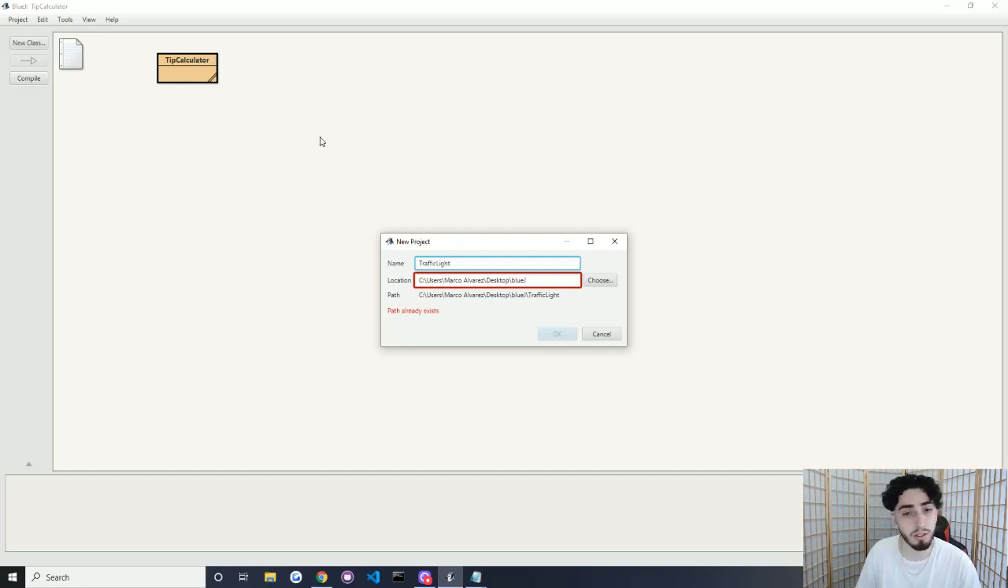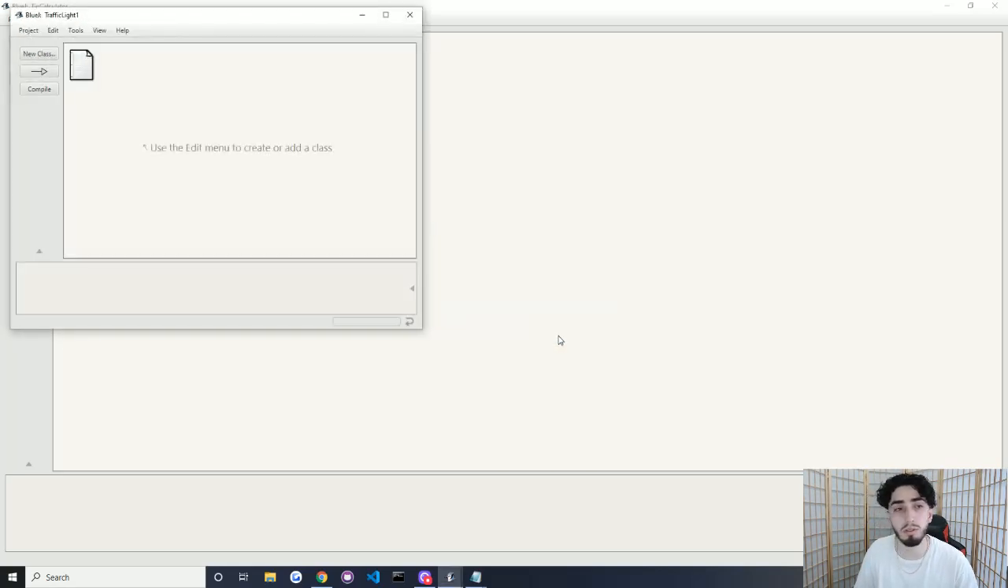Path already exists. For me it already exists, so I'll do traffic light 1, but you guys just do traffic light, that'll be chill. Perfect. Okay, so the next part we need to do, and this is going to be new to you guys,